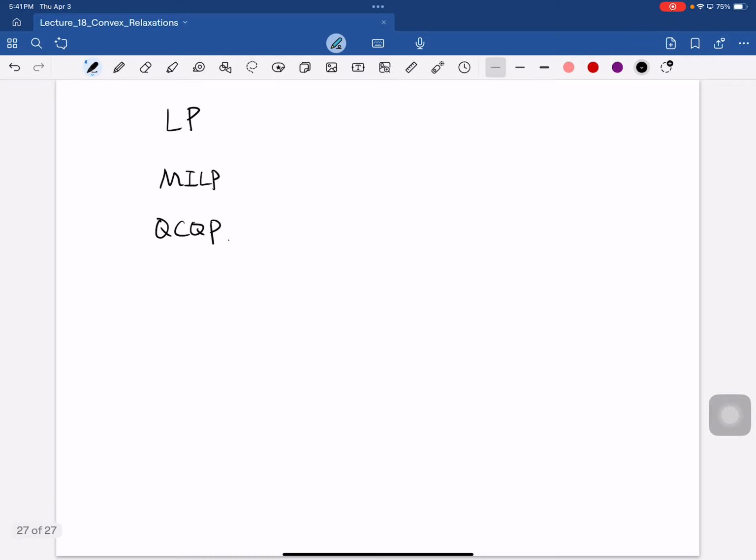Most of this class, we talk about global solvers, and then maybe we can have local solvers as well. Then we could also have general nonlinear programs, and let's talk about mixed integer nonlinear programs. What would be the order of magnitude of problem you could solve? So for LP,